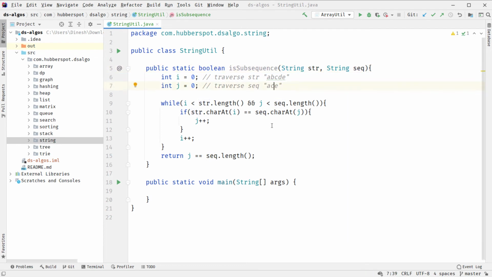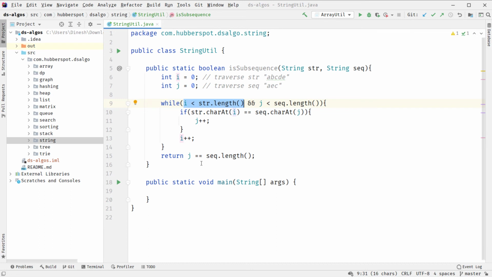And let's say, friend, if we provide A, E, C, this A would have matched with this A, this E would have matched with this E, and after that j would have remained at C because our original string would have been exhausted here, as i would have become equal to string.length.